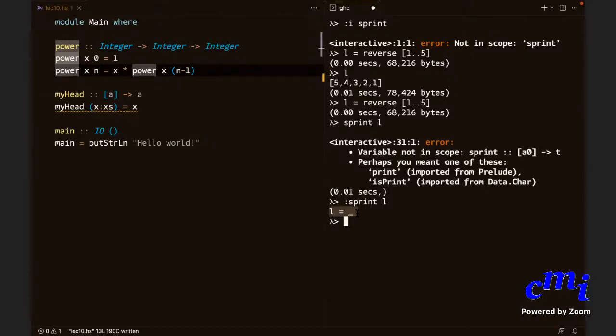Somebody asked, is there a type that subsumes both unevaluated expressions as well as values? All types subsume both unevaluated expressions as well as values. Here, at this point, it is telling you that L has not been evaluated yet. Now let us try this. Head of 2:L will give you 2. If I say :sprint L, it will again say L is unevaluated. Good.